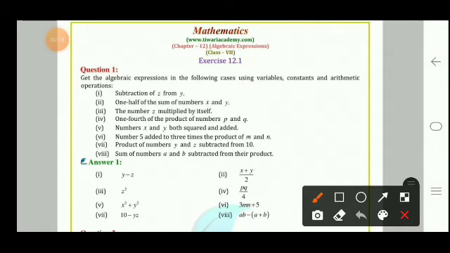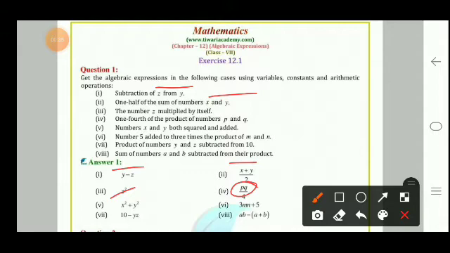So it is given subtraction of z from y, so this is y minus z. 1/2 of the sum of x and y, so x plus y upon 2. The number z multiplied by itself, z into z is z square. Then 1/4 the product of numbers p and q, product is pq, pq multiplied by 1/4 means pq upon 4. Then